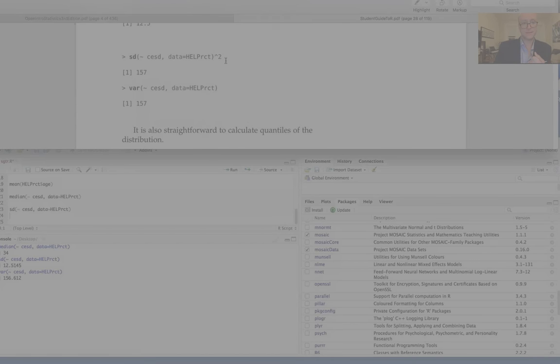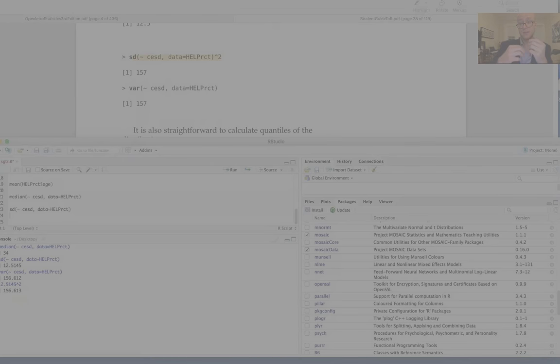How do we know this? Well, take a look at this little function here. If we take our standard deviation, and then I'm going to put a little caret here. This is just a little mathematical notation. Again, you can look at the R tutorials. I'm going to square this, which means I'm going to multiply it by itself. That's what the variance is. So all you're doing is, the opposite of multiplying something by itself is to take the square root. So there is a relationship between variance, which is a good measure of spread, but it is not a standardized